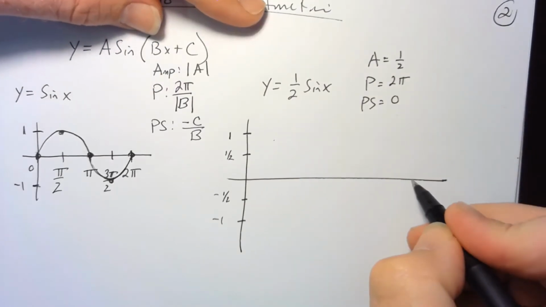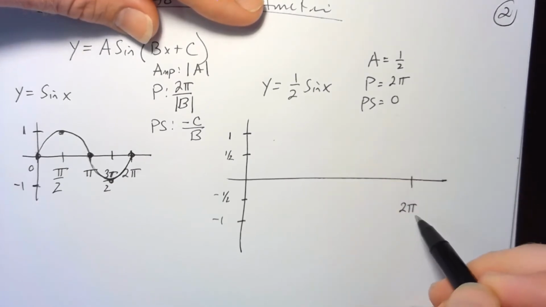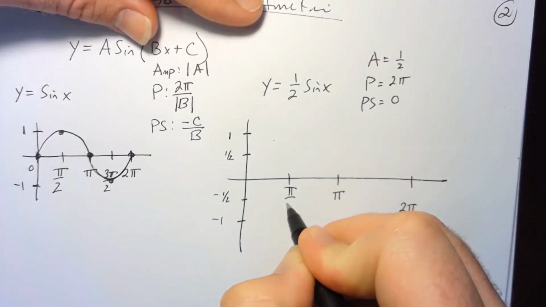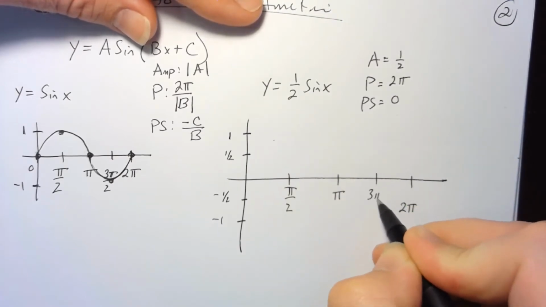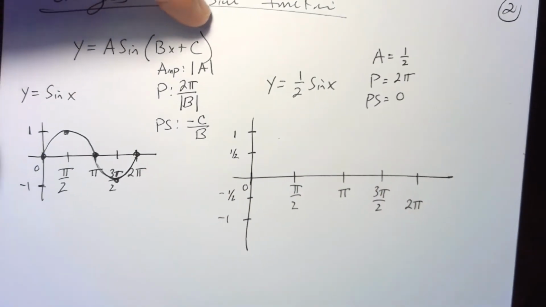Okay, which means that I'm going to go ahead and have my last value be 2 pi. That's my period. The last value is 2 pi. I'm going to cut that in half, pi, cut that in half, pi over 2, and then multiply that value by 3 for 3 pi over 2. Don't forget 0 is an anchor point that we need to have, and then we're going to go ahead and